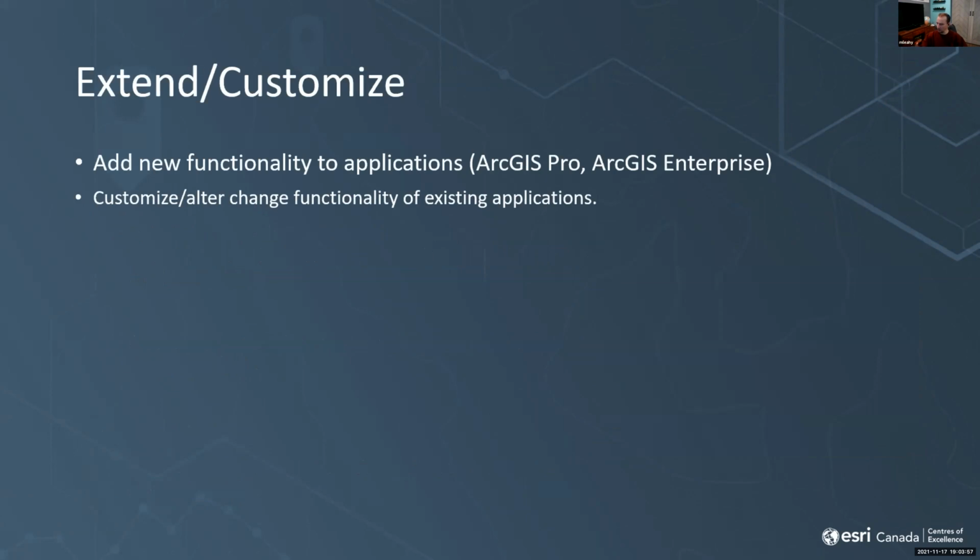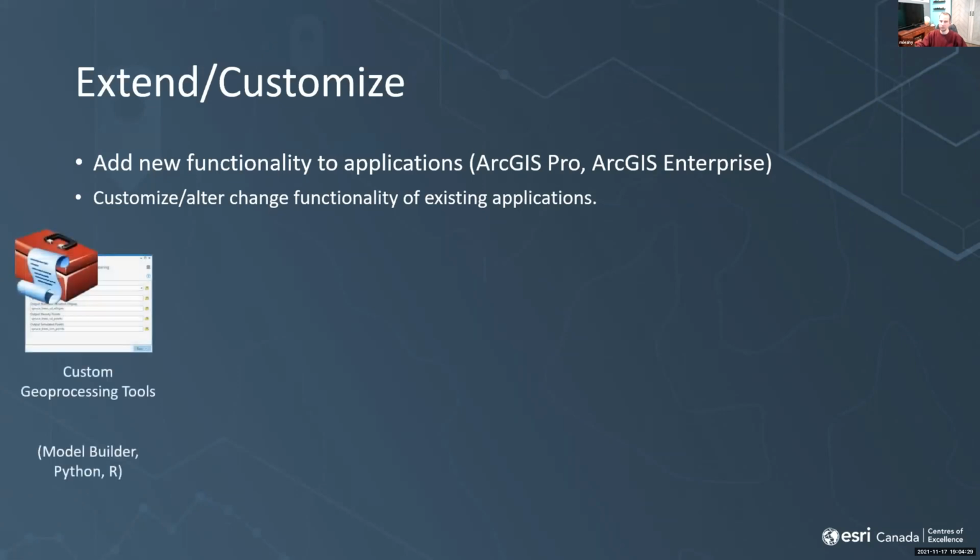Now, your next sort of development approach, if you're building applications, is either to add new functionality to existing applications through frameworks for extending them, or to take existing applications where you can access the source code and just make small changes to the functionality and appearance of those applications. And this is a way to basically start with something that's already functional and you're just doing a small amount of development to add something unique. So your approach is, for example, the geoprocessing tools I mentioned before, that in a sense is already augmenting the capabilities of ArcGIS, giving people custom tools that they can use.